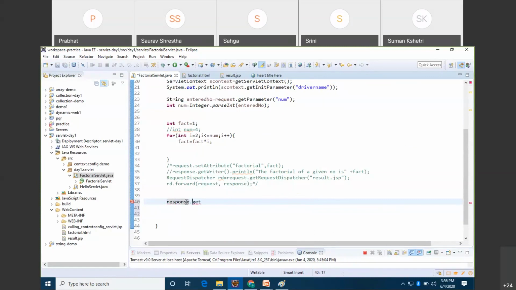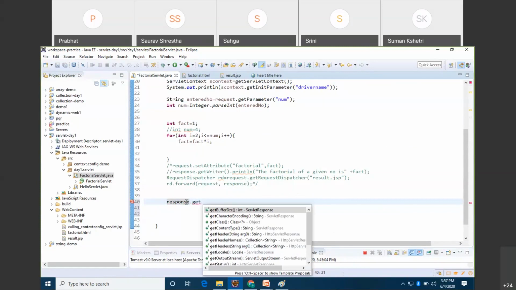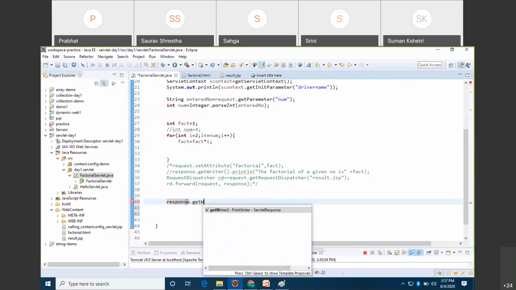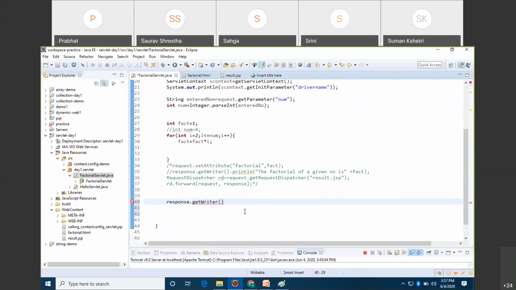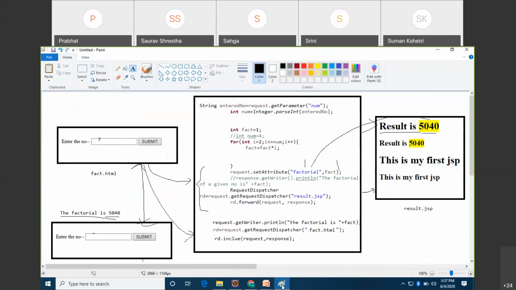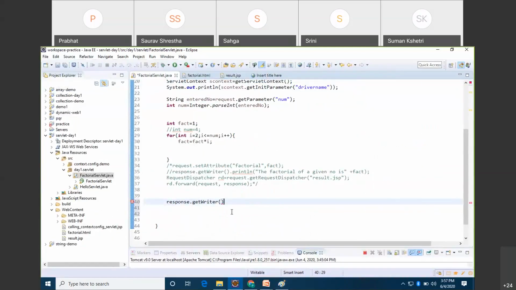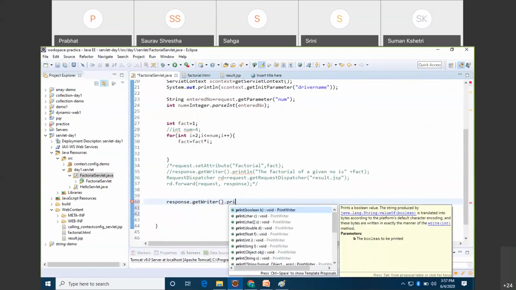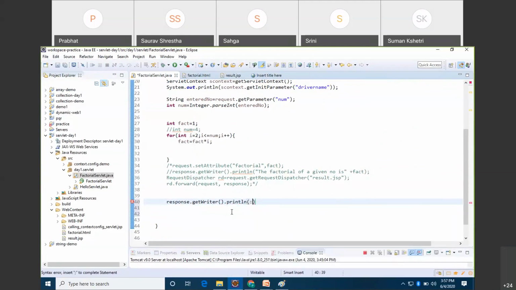Response dot get, oh, so you can see here response is right. Response dot get writer dot println, and I am writing here the factorial is